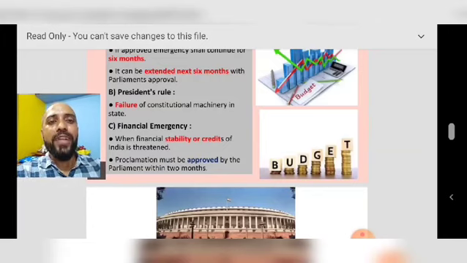Then we have a financial emergency. When financial stability or credit of India is threatened, that time this financial emergency can be imposed. It can be proclaimed with the approval by the parliament within 2 months. So these are the various powers and functions under